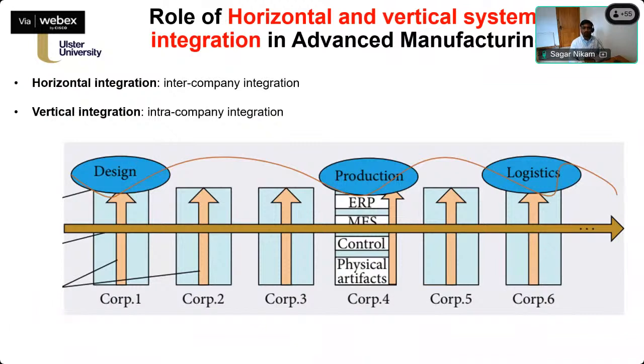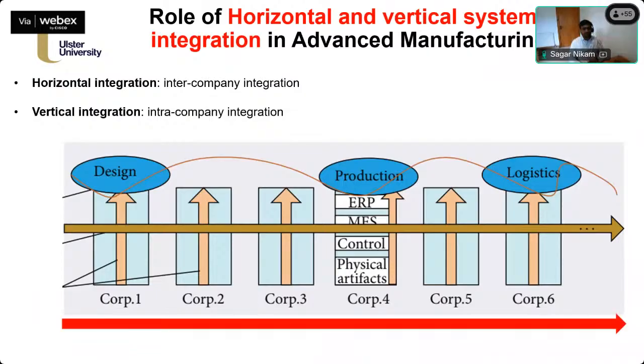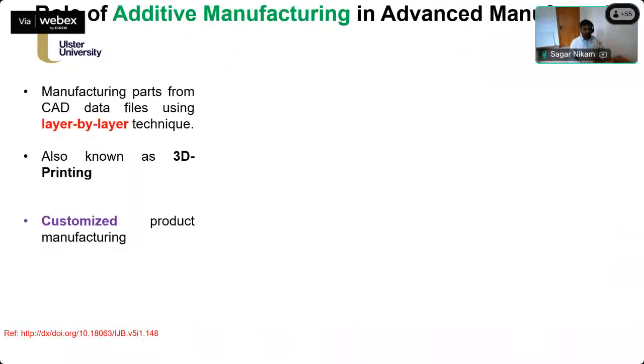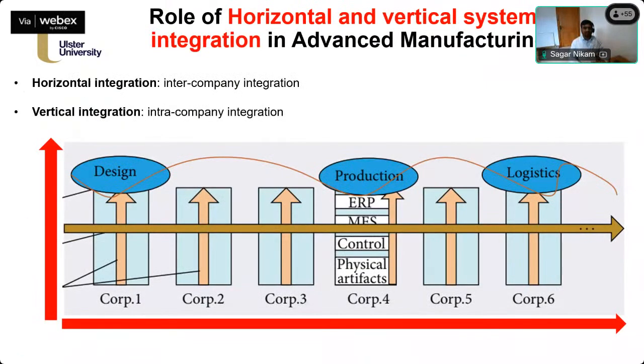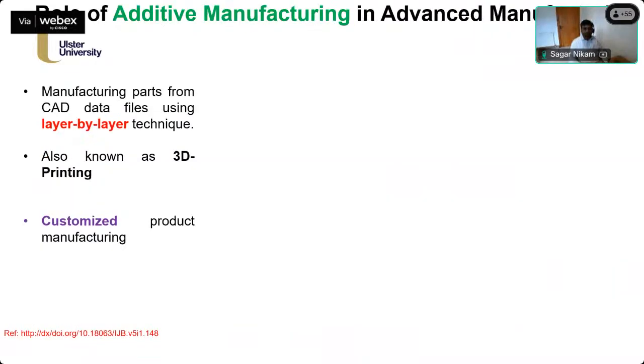The next is Industry 4.0, which is the horizontal and vertical integration within the system. Horizontal integration is when we talk about the intercompany integration, while vertical integration is about the intra-company integration. For example, there are different departments within the industry, so integrating those departments is horizontal integration, while in vertical integration, in each department there are different levels, so integrating those levels is one of the roles of Industry 4.0.